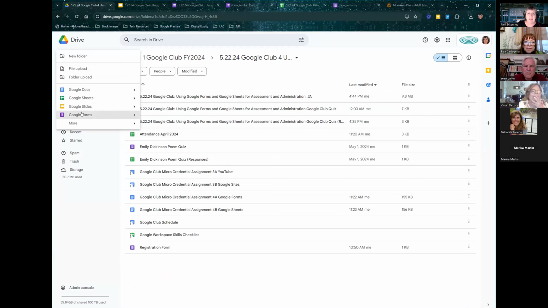Now, when I'm looking at Google Forms here and any of these, you see they have that little arrow on the side. If I click on that arrow or just scroll over it, I have blank form, blank quiz. So it's already set up to be a quiz or a template. And you can look at the templates anytime you want to. I'm not going to explore those today, but just know that's how you get to them. You go to that little sideways arrow. So in this case, if I go to a blank form,